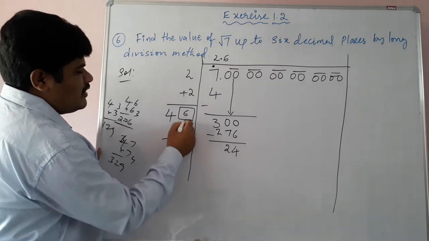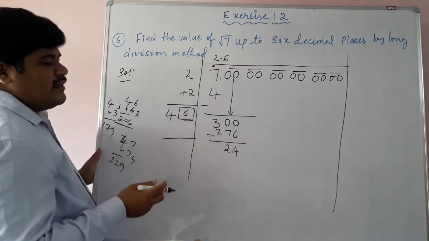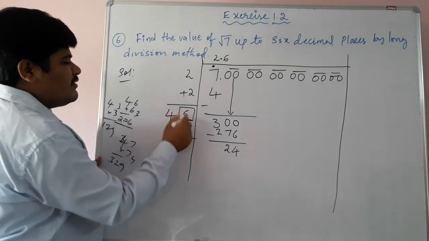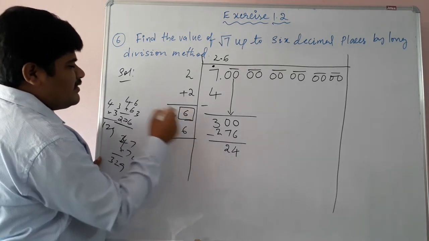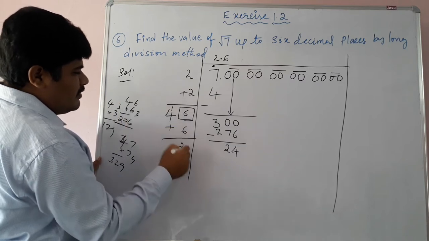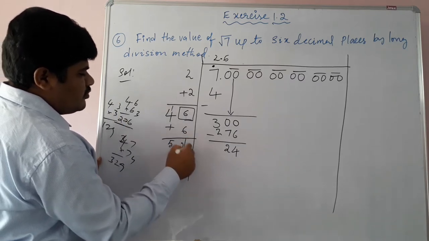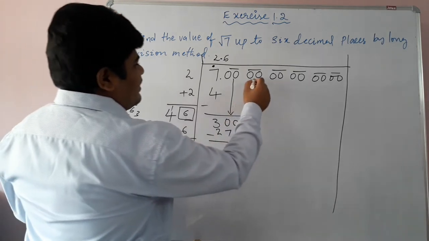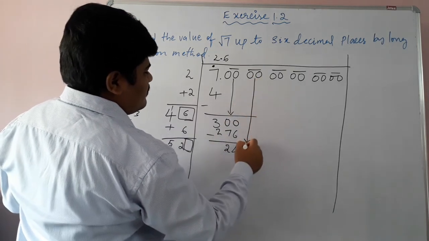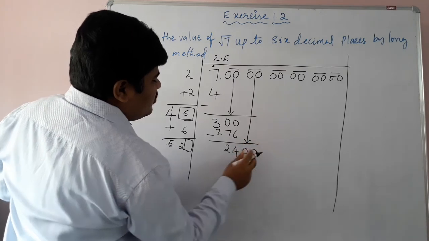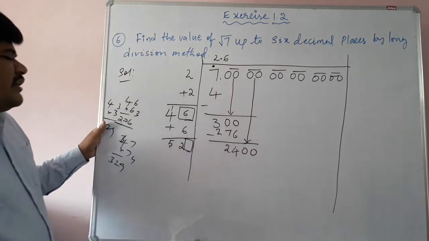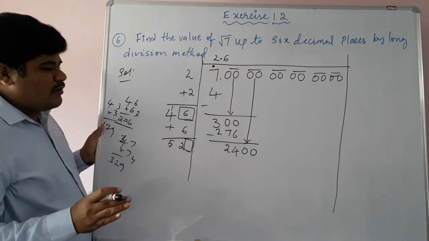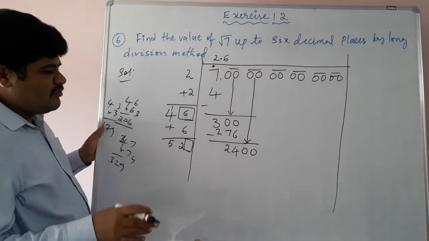Okay. So here 46, the units digit is 6. The units digit should be added to this divisor. So 46 plus 6, 6 plus 6 is what? 12. 4 plus 1 is 5. So students, now we are searching for this units digit, and here we have to bring down this pair of zeros. Okay, so what is here now? 2400. So we need to check with this number. 521 ones, 522 twos. Okay, 525 fives, like that we have to check.